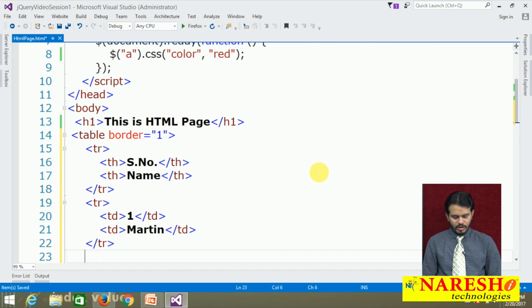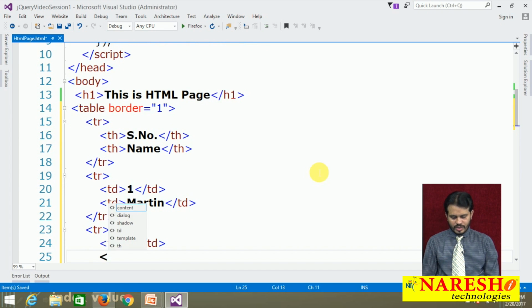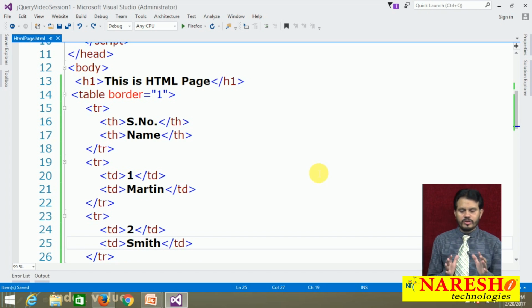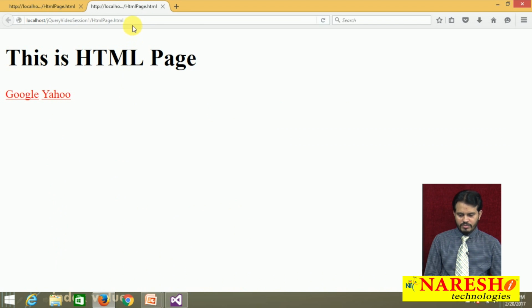Like this I am going to have one more row, in this I am keeping the TD, serial number 2, and this TD with some name, nothing but Smith. Means I am going to display a few names in the form of tabular presentation, and this code must be removed now. Save it, come to the browser document,